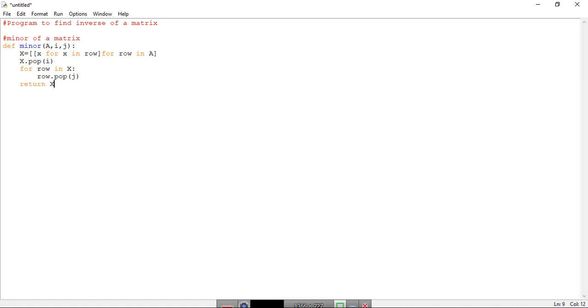Using this we will get the minor matrix, of which we will find the determinant, and then we will say this is the minor of the matrix.